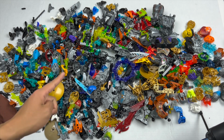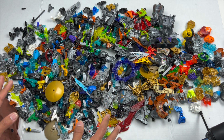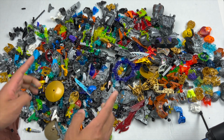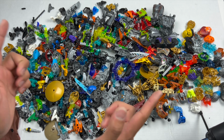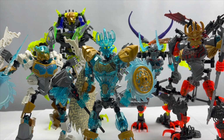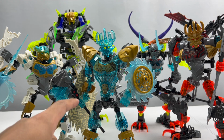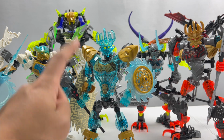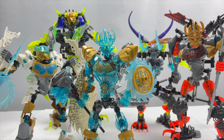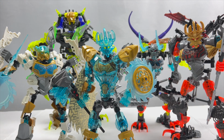But wait, there's more, because not only was I able to get all of these pieces for $120, but I also was able to get all sorts of different combo models and official sets. So let's go take a look at those right now. Yeah, so in addition to all of the parts we just looked at, yes, I was also able to rebuild the full version of one of the rarest, if not the single rarest, Bionicle G2 set that ever came out, Toa Ikimu, right here in all of his transparent blue glory,